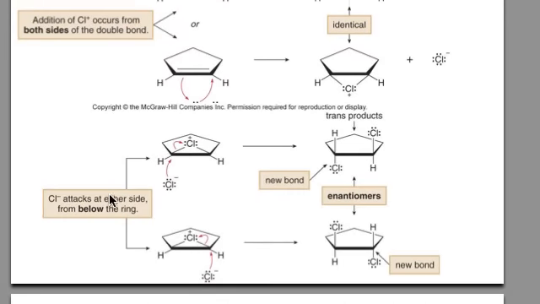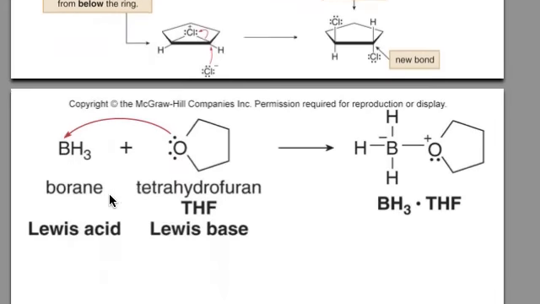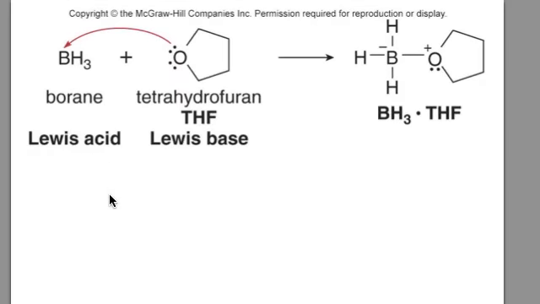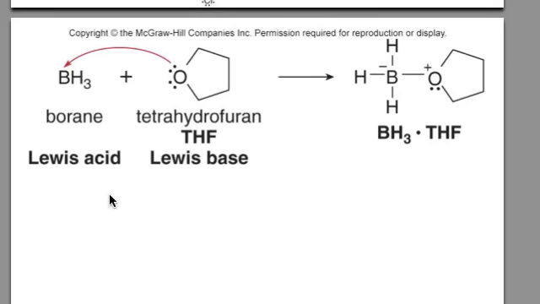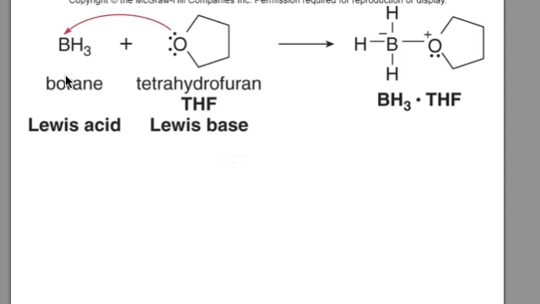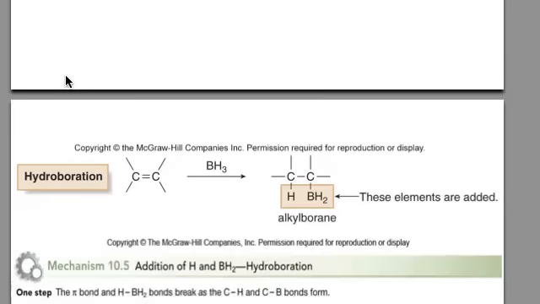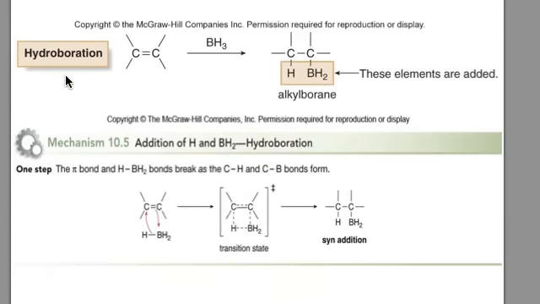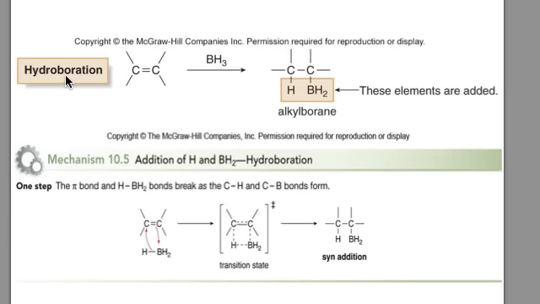Again, I'm scrolling past those mechanisms because I don't think it's terribly necessary to think about it, but it's good to think about where the electrons are being attracted. Lewis base, electron pairs attracted to that deficient boron. That's very common. We've seen many examples of that already. Hydroboration, boron, that's looking for some negativity. Why doesn't it attract to that? Indeed, it does. So this Lewis base, Lewis acid,